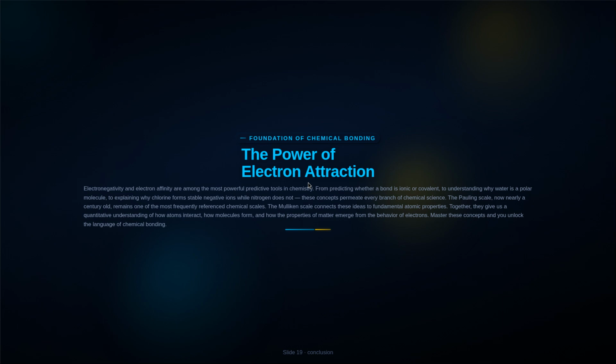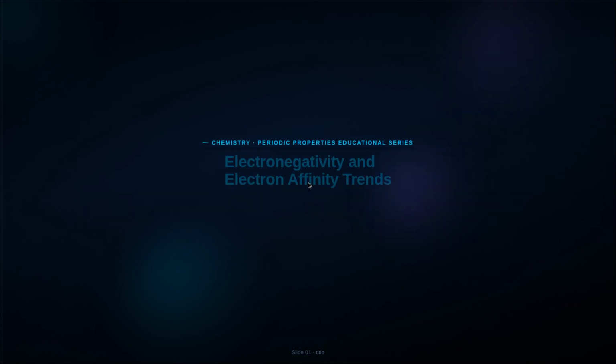The Pauling scale, now nearly a century old, remains one of the most frequently referenced chemical scales. The Mulliken scale connects these ideas to fundamental atomic properties. Together, they give us a quantitative understanding of how atoms interact, how molecules form, and how the properties of matter emerge from the behavior of electrons. Master these concepts and you unlock the language of chemical